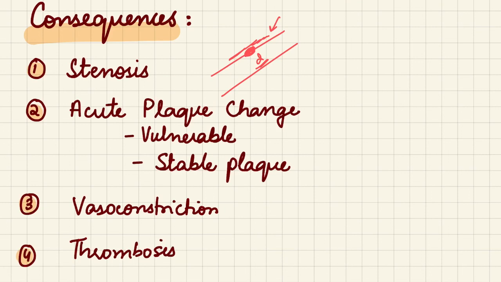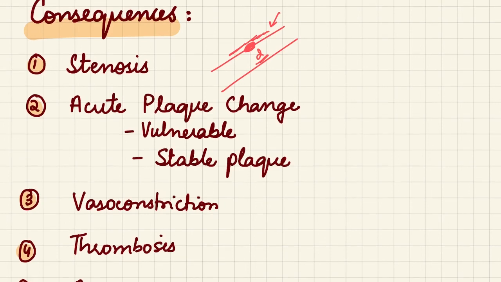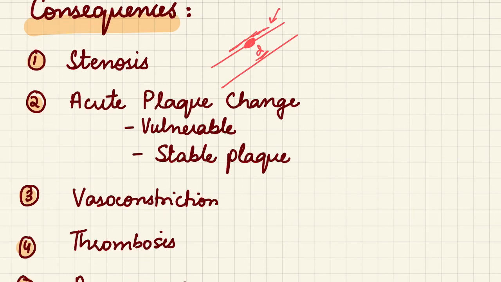So this is the adaptation that the smooth muscle cells of the media do in the early stages of stenosis. But if the artery is 70% stenosed, which is known as critical stenosis, then the vascular supply is inadequate, there is no chance of adaptation, and ischemia will ensue. Now, in most cases of myocardial infarction, the plaque itself is not large enough to cause stenosis and downward ischemia. What happens is that the plaque in the coronary arteries undergoes rupture and thrombosis, and that is what causes the acute MI.